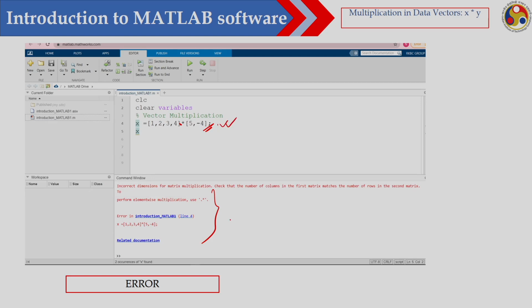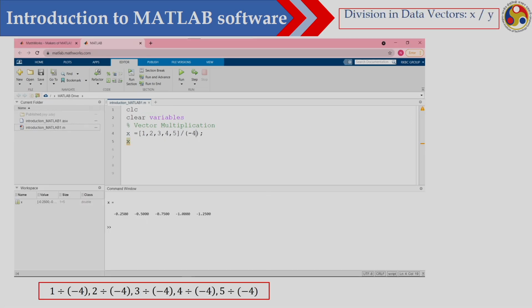So, this dimension has to be equal, that means if it is 1 into 4, so here it is 1 into 4 and this should be 1 into 4. Okay. So, then only this line will be executed. Now, if you are dividing a particular vector by a scalar, suppose I have divided this particular vector